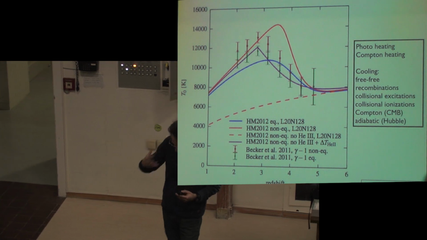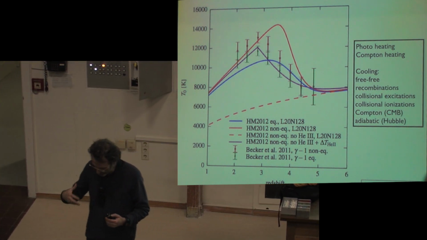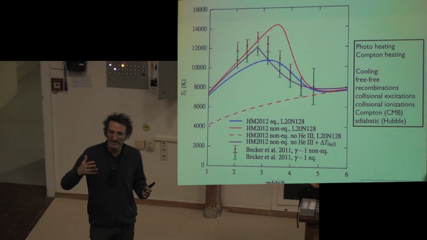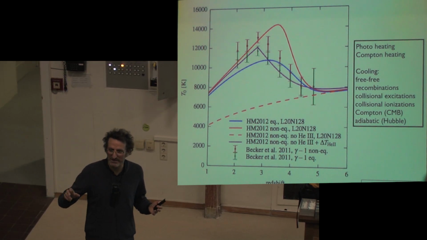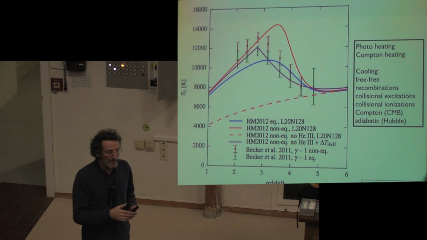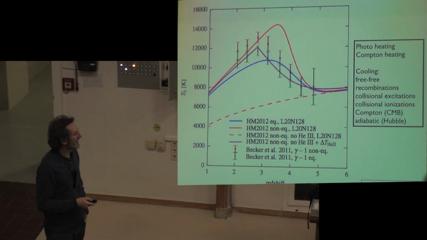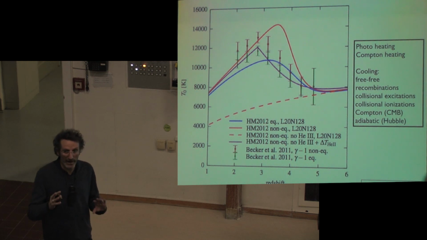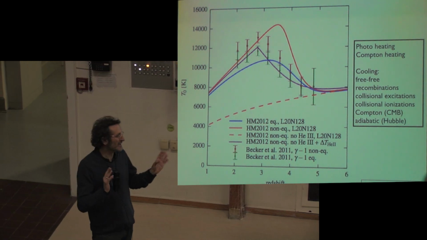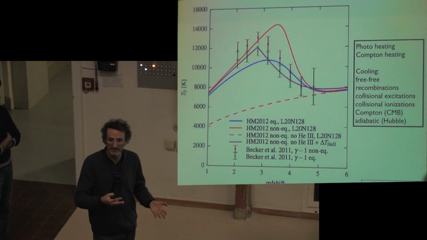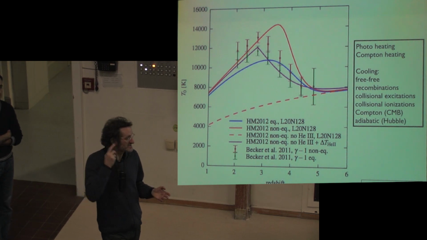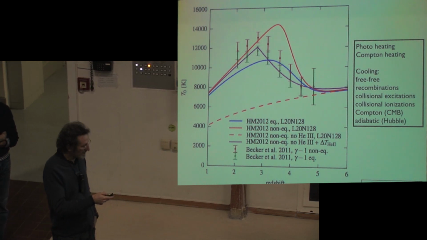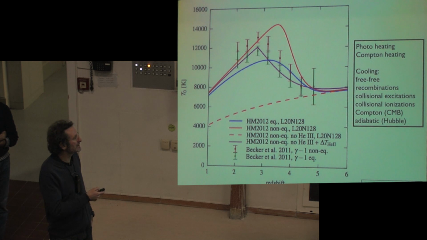They can fit the data if they consider the fact that most of the photons are used to heat the ionizing ions. But I'm not completely sure. I mean, this is a possibility. As far as I understand, this is a way of treating the heating of the IGM, but probably it's not the only one. This is not the only thing that we can do. But in this way, they can reproduce at least